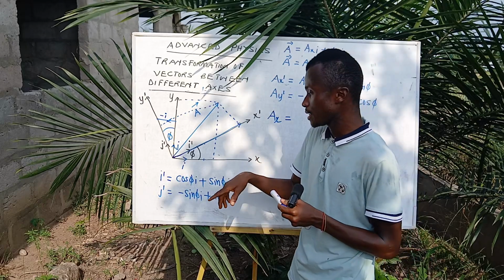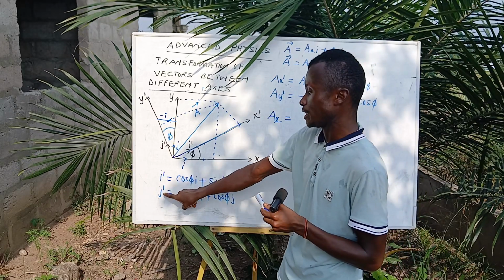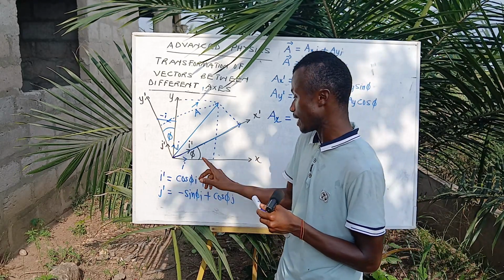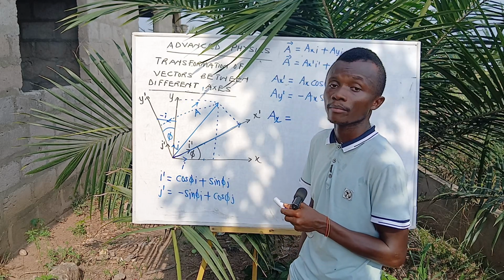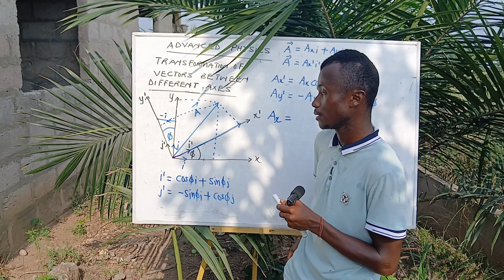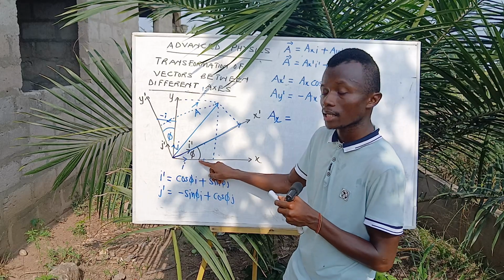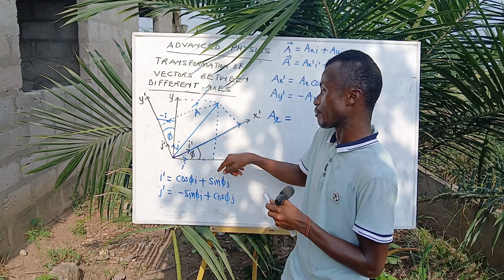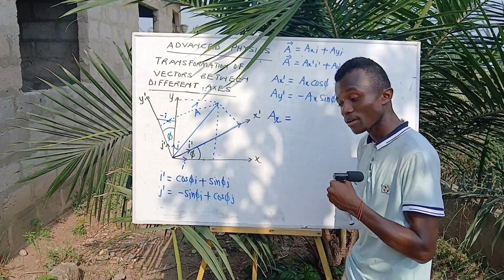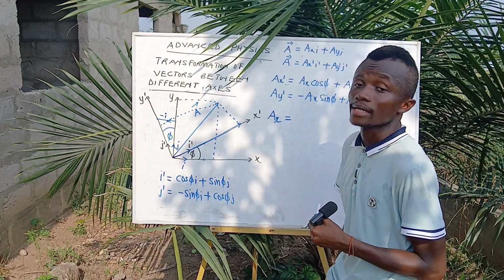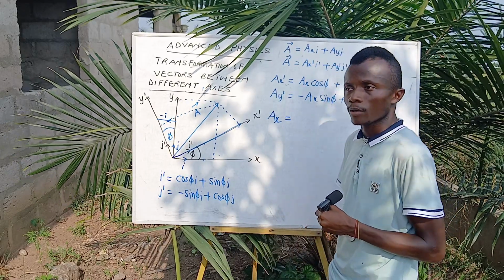We can also find i in terms of i prime and j prime, and then find j in terms of i prime and j prime. But that will be a long process. It can be done from this Cartesian plane. You pick i, then you resolve it into i prime and then j prime. You can do it, but it will be a long process. There's a very short way. In other words, a trick